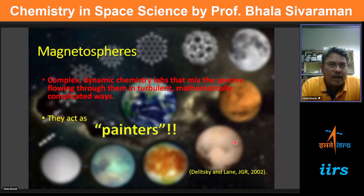So you need to have a source which is responsible for the different chemical compositions on the icy surface. That source is something interesting for us because we didn't see this for our own Earth. We didn't see this for our own moon. Of course, our moon gets into Earth's magnetosphere and goes out, but this happens in an effective way for